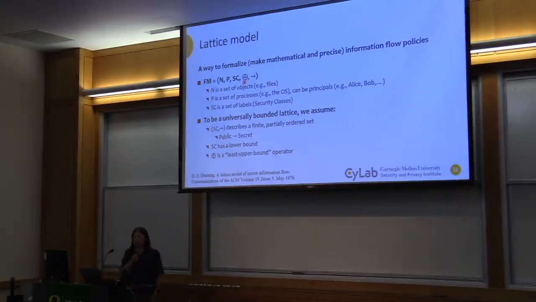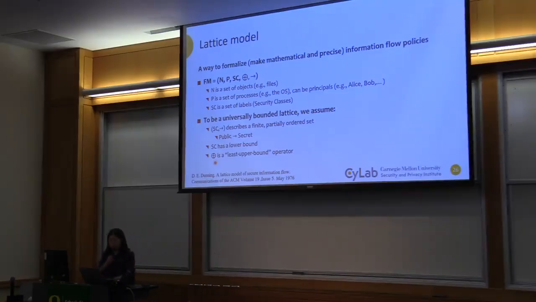They wrote OPLSS in this paper. If you combine a piece of data from public employee salary with another piece of data from a military contract, what label should be on this combined file? This join operation tells us how to do this. Essentially, the join needs to take the least upper bound. If I take confidential data and public data, the combined file should be confidential, because I need to protect up to the most secret data in this file. So that's Denning's paper.